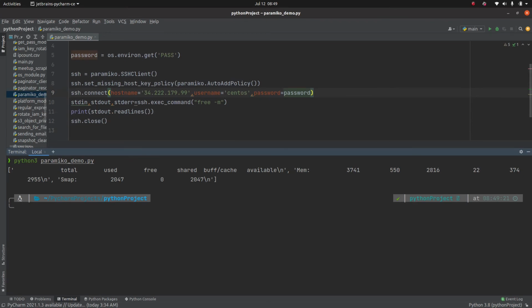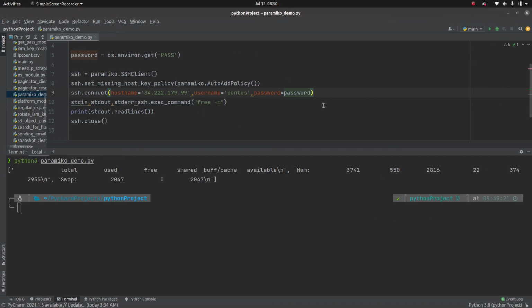Now, so far everything looks good, but the other issue is that nowadays we are mostly dealing with cloud environments, right? And in the case of a cloud, we do not have a password. We mostly have a key. You need to make a minor modification in your code to connect to the server which is running in the cloud, and it can be on Amazon or Google Cloud or any other cloud provider. So rather than specifying the password, you need to specify the location of the key, and the rest of the code will remain the same.